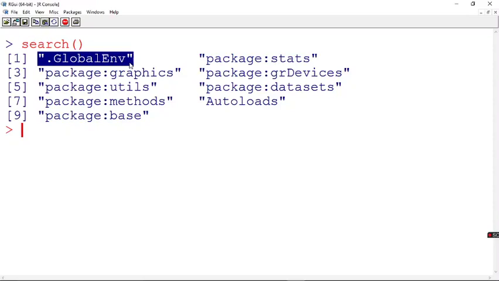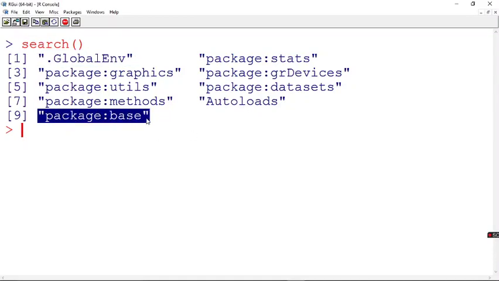If the global environment also doesn't have it, then in the same order it will go on, and the final environment in which your variable will be searched is base. If the variable has not got any value in all these environments, only then will it throw you an error. Until then, it will not throw one. It will check all the environments and proceed.